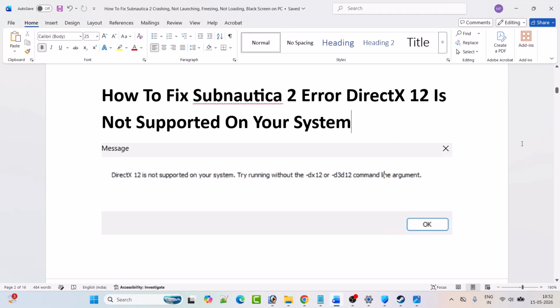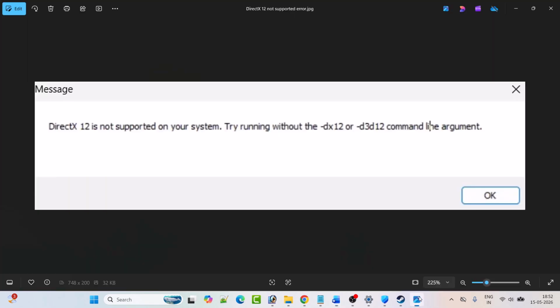In this video tutorial I will show you how to fix the Subnautica 2 error, and the error is: DirectX 12 is not supported on your system. Try running without the -dx12 or -d3d12 command line argument. So if you're getting this DirectX 12 error in the Subnautica 2 game on PC, then follow the fixes very